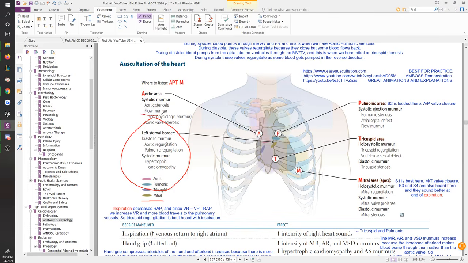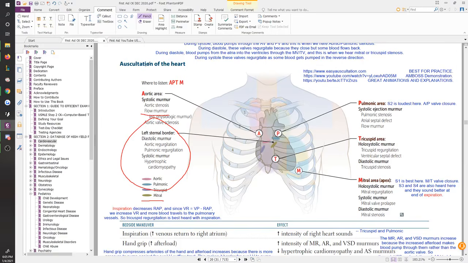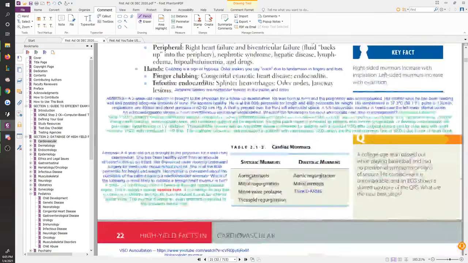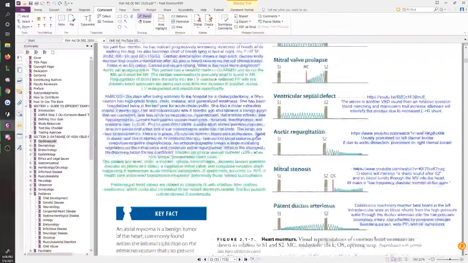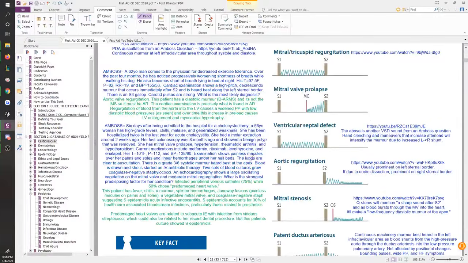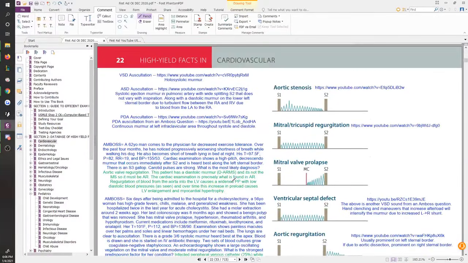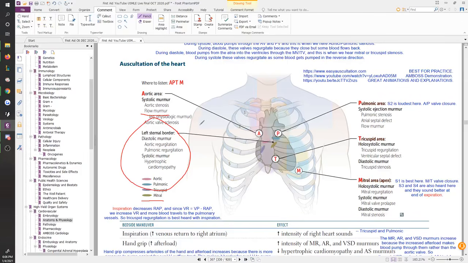Right, there are things called flow murmurs, which are physiologic. You're gonna hear some other murmurs as well. And in my book here, throughout the various questions that I put here, like you have this venous hum thing. Right, there's gonna be a bunch of new things that you might have never actually heard of that you do need to be pretty confident with. Right? You need to know how they're happening, what they mean, what they're found in. Just make sure that you don't use this as a diagnostic tool. Right, so just because they said they heard a certain murmur in a certain location, it's not enough for you to pick that answer choice.